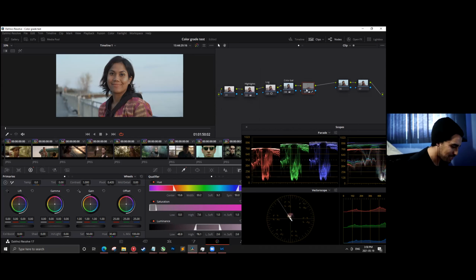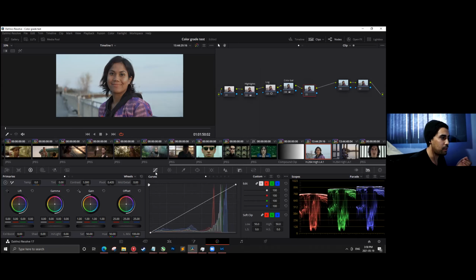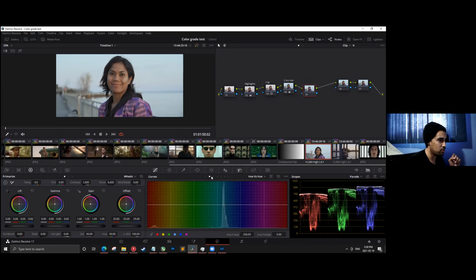But yeah, this is pretty much how you can isolate the color. But this is only one way of isolating the color. I'm going to show you another way you can isolate a color. So when you go into the curves, you can isolate the color in different ways. So you can go into your